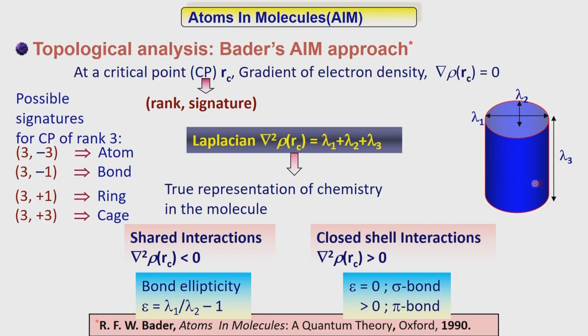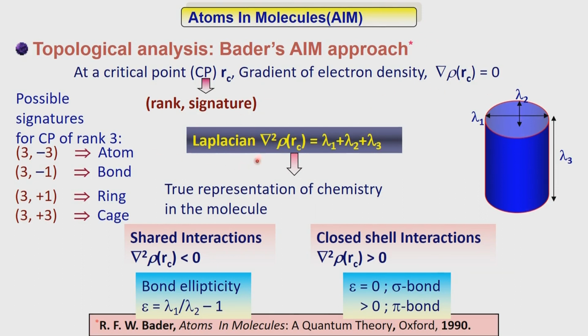So, it is now a three-dimensional issue of the electron density distribution, and therefore, we call it the topology associated with the bond. Effectively you see here, if you take this as a carbon atom and the other end as a carbon atom, this is the CC bond. The electron density is distributed inside this cylinder. It is not necessary that it should be a straight line, it can be anywhere in this particular cylindrical entity, which is characterized by three quantities, lambda 1, lambda 2, lambda 3, which are essentially elements of what we call a Hessian matrix.